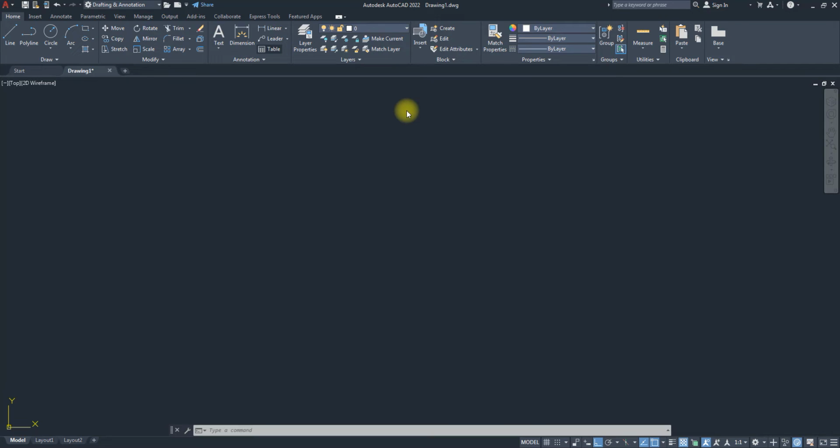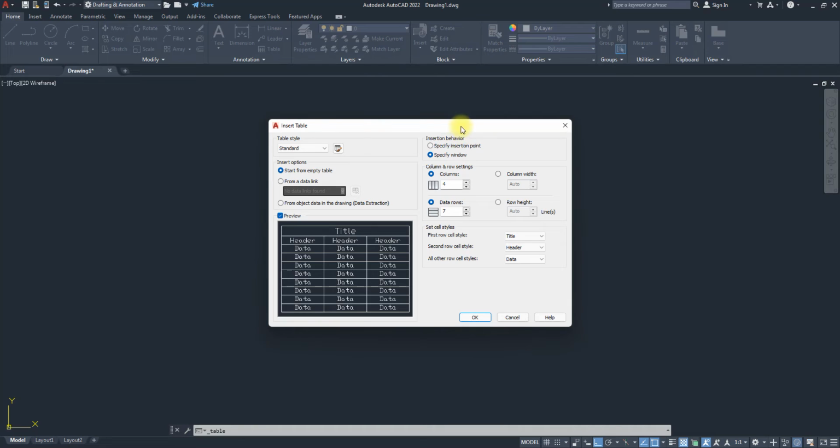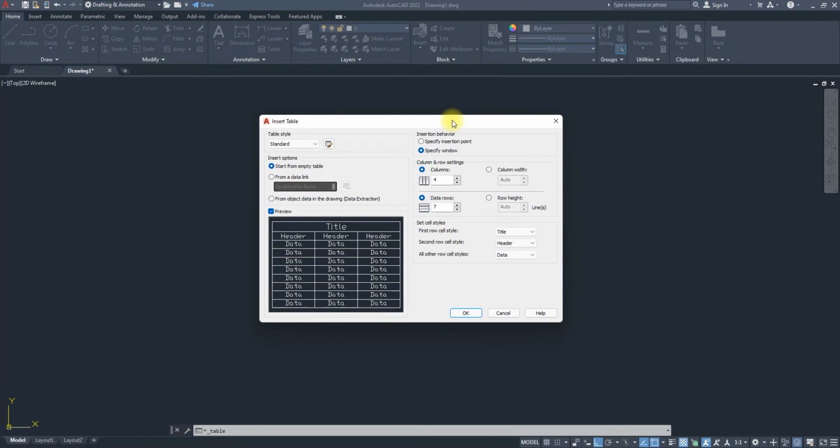Let's just chill. In your home tab, under your annotation, you see table. Okay, so this is what we have. When you click on table,